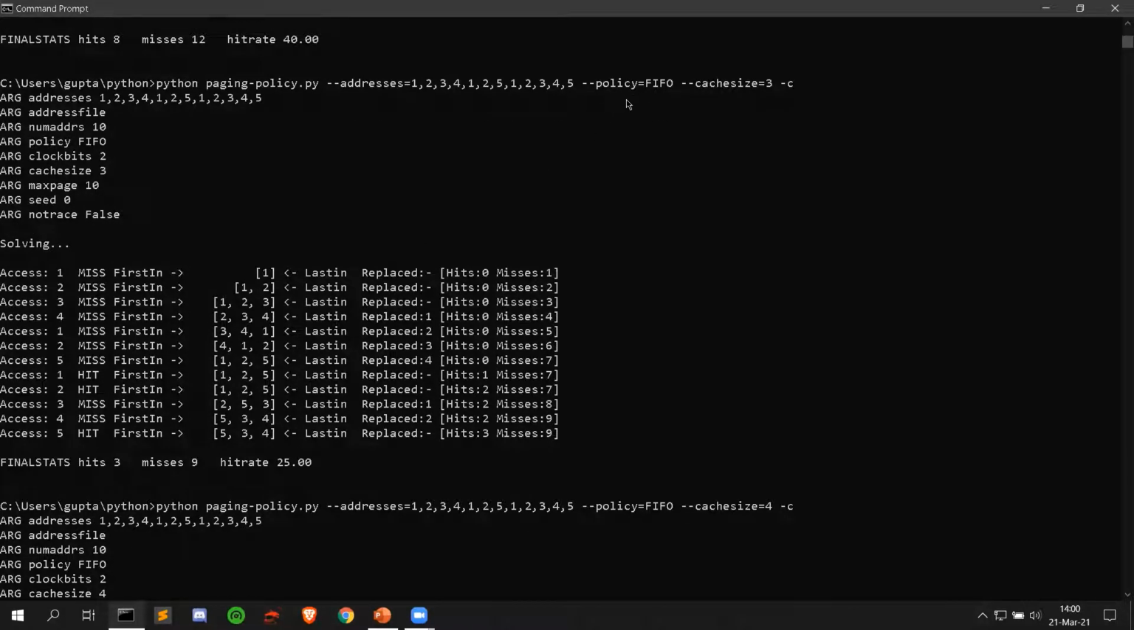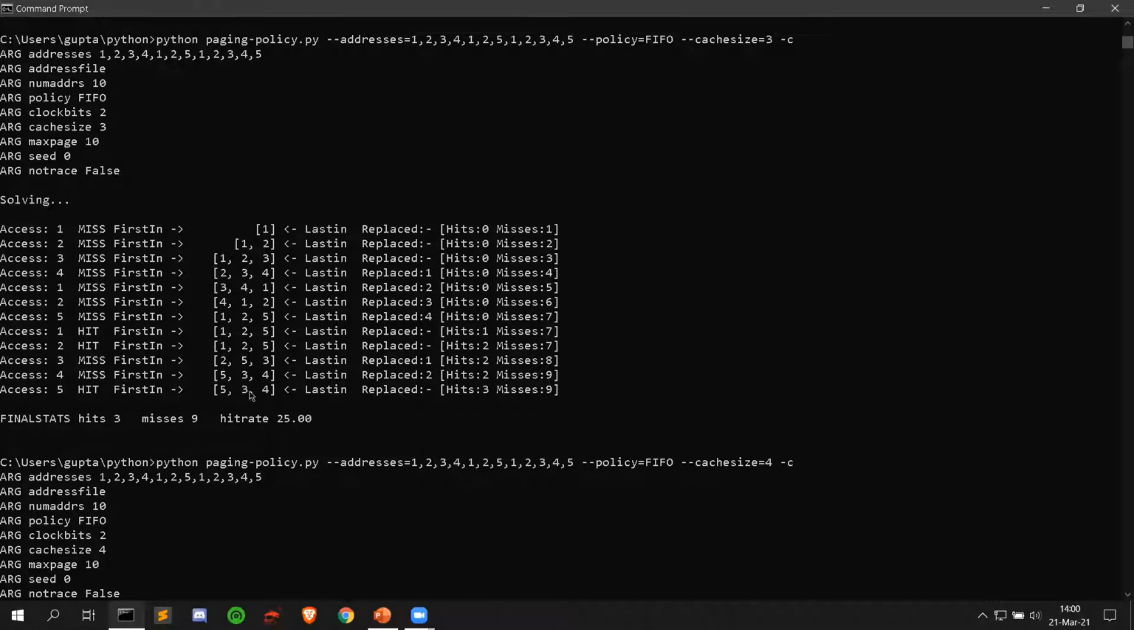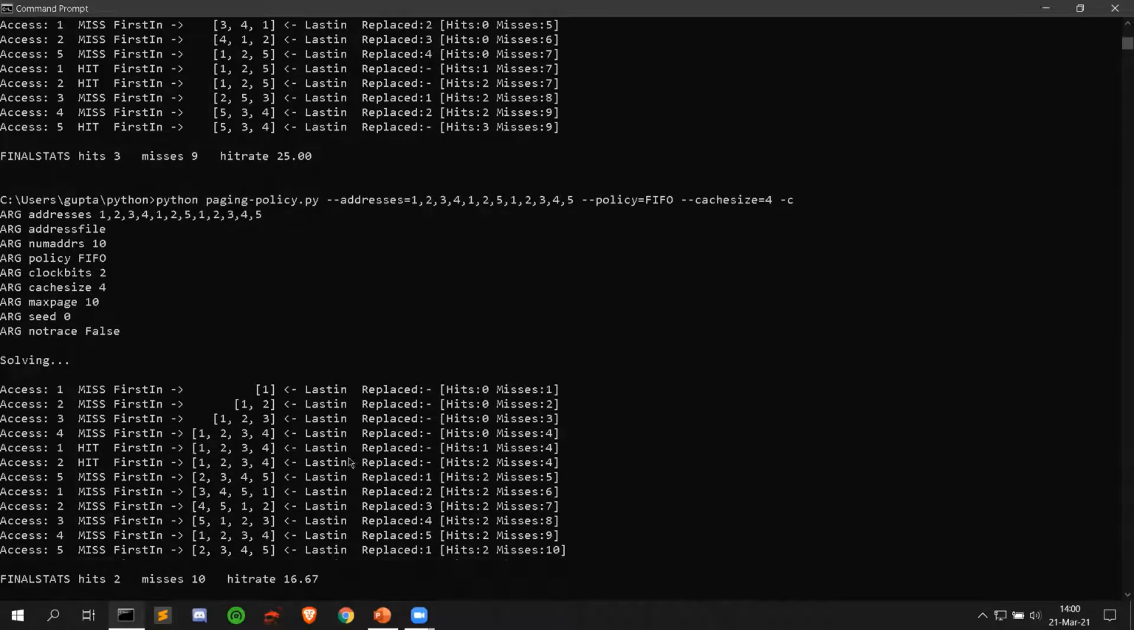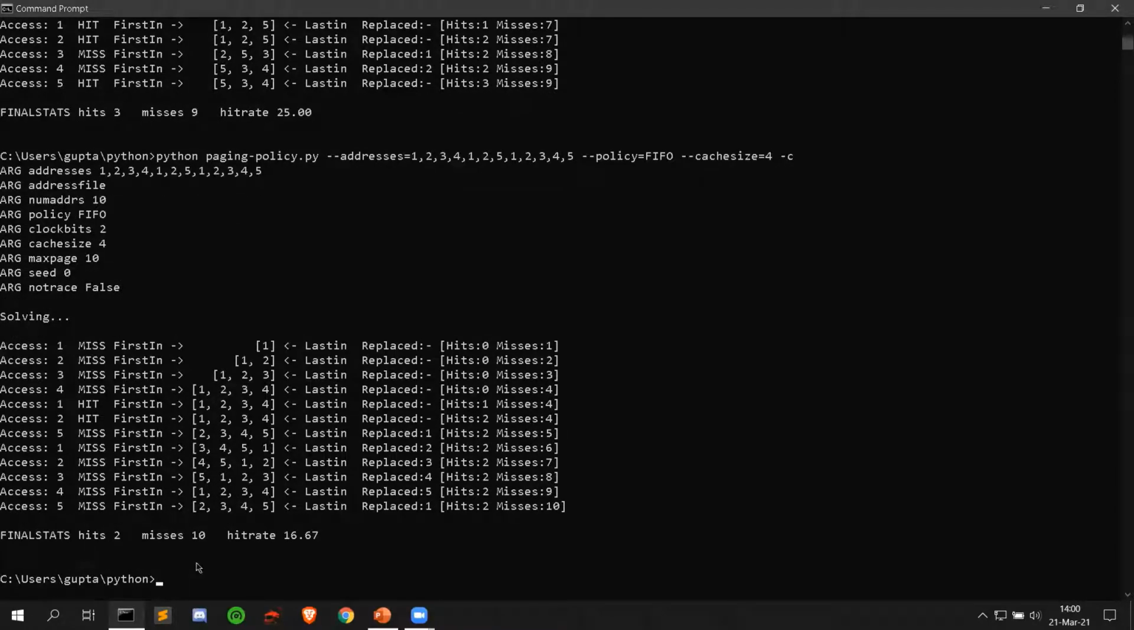So I have set the policy as FIFO, and the number of pages is 3 for this reference string. As you can see, the number of hits is 3. Hit rate is 25%. But what happens if we increase the page number? The number of pages is 4 now, and you can see the number of hits has decreased, and the hit rate has gone down to 16.67%. This should not be happening. That's why this is an